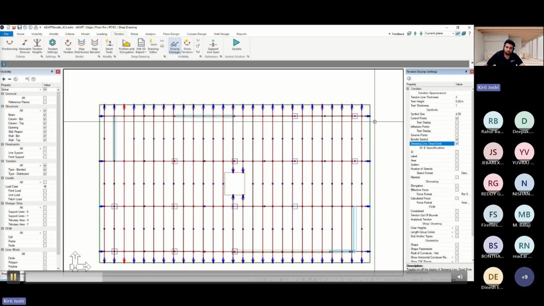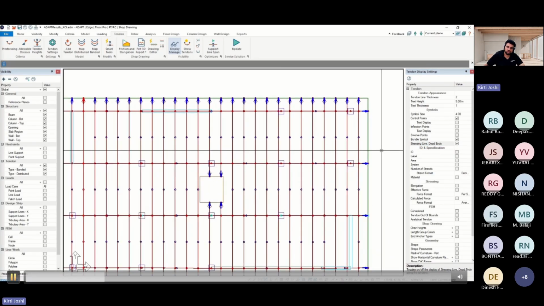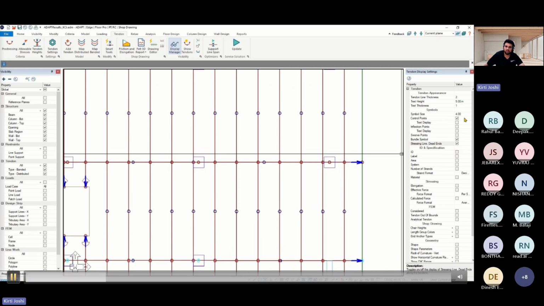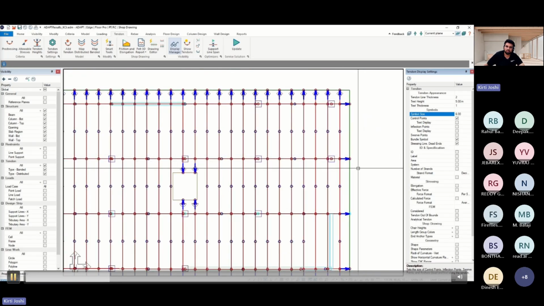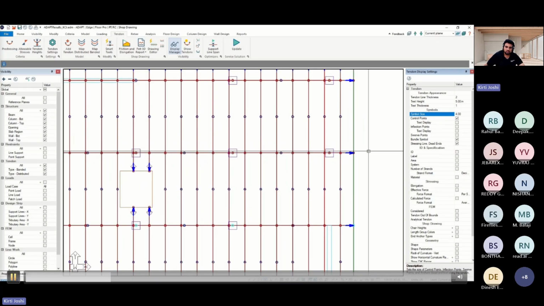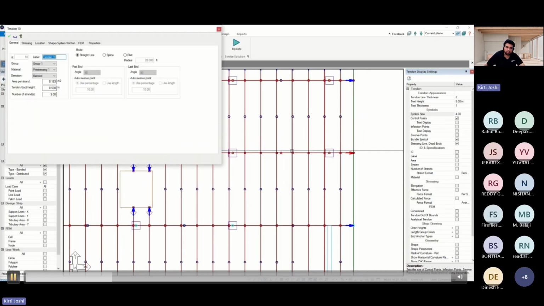And below that, there are the options of the stressing end, the dead end, and the live end. It is represented by the blue arrow. Once you click on that, you can change your dead end or live end symbols as well. If you want to increase the symbol size, you can definitely change it from the symbol size by giving the text you want to show. And once you click on any of the tendons, and go to the mode options, as you can see